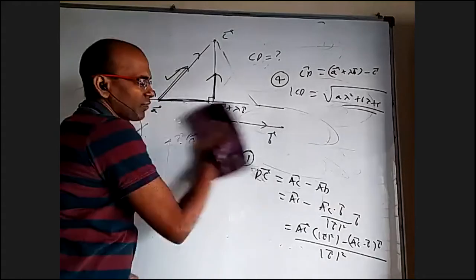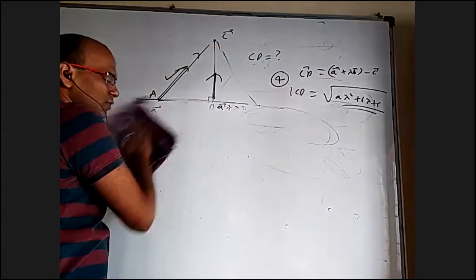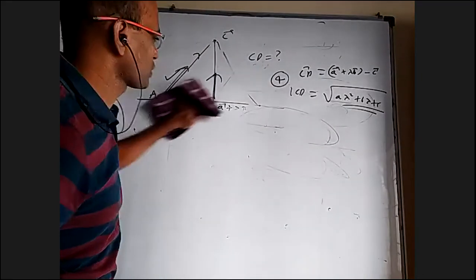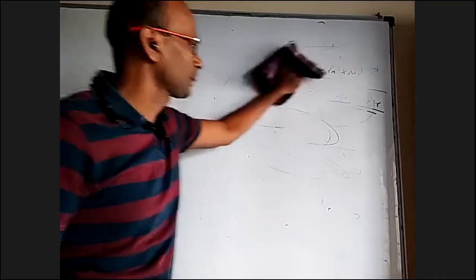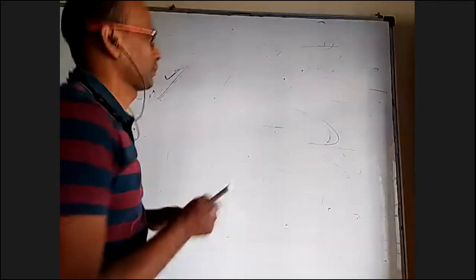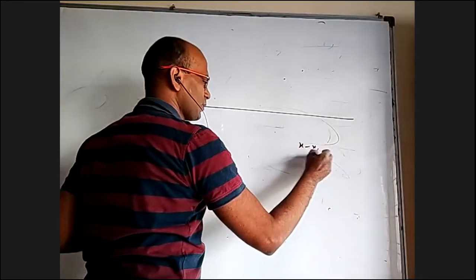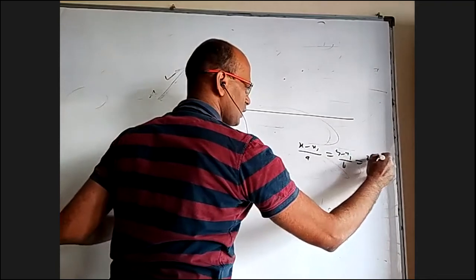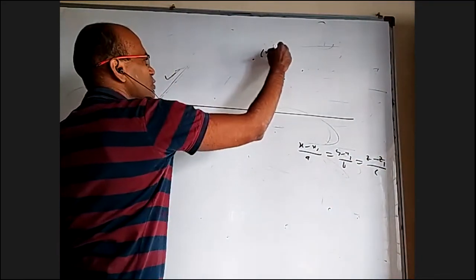In 2D geometry, you'll find formulas for distances, mod c by root a square plus b square, mod c1 minus c2 by root a square plus b square. You may find that in planes, but not in the equation of a line and some related things. So sometimes you'll find a formula in 3D geometry like this. I have a line whose equation is x minus x1 by a, y minus y1 by b, z minus z1 by c. I have a point x2, y2, z2.